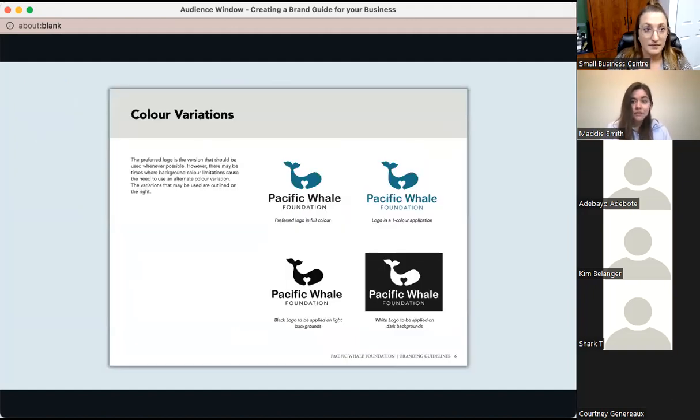It's smart to have different acceptable color variations listed here because there may be times where the background color,